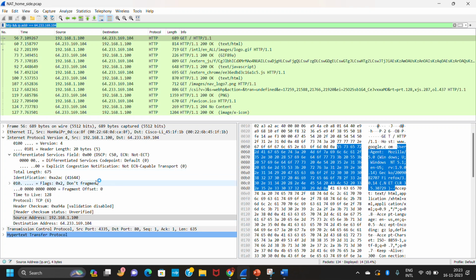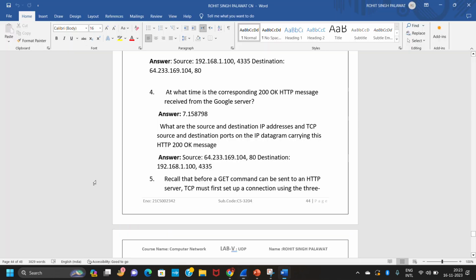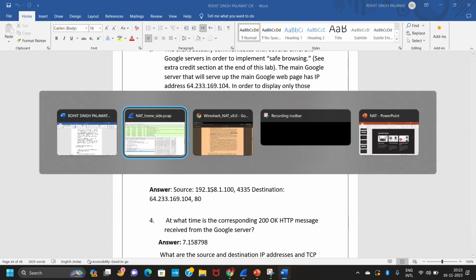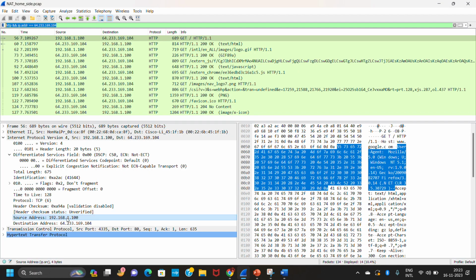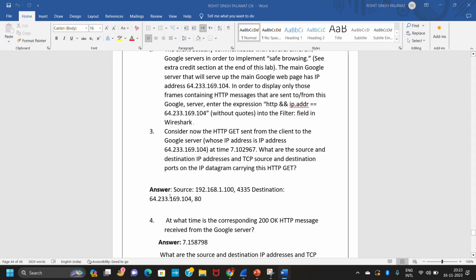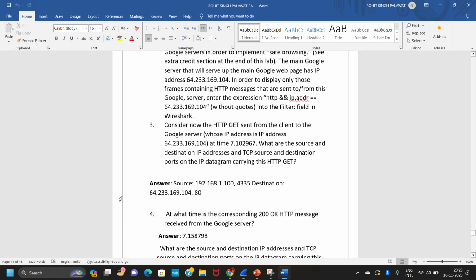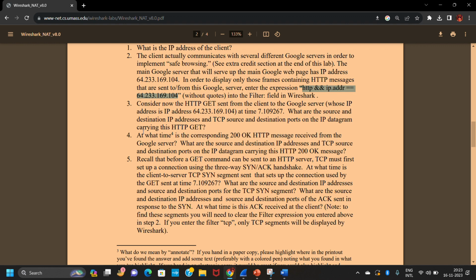So for clarity, I have written this answer over there. So source is 192.168. Yes, we can see source, and the destination is this, the same. Okay, and now for the fourth question, it is asking that at what time is the corresponding 200 OK